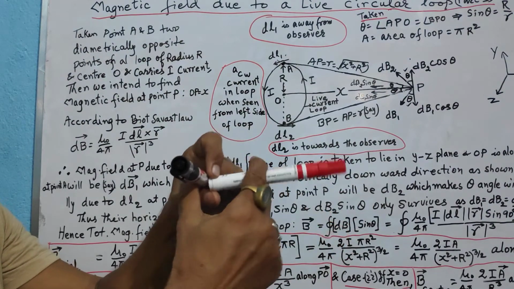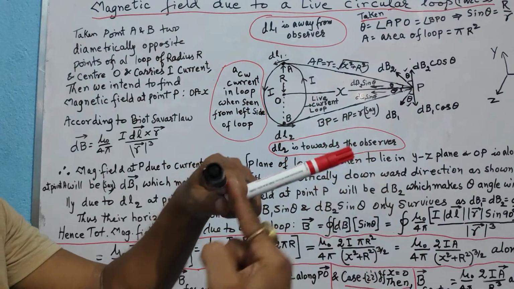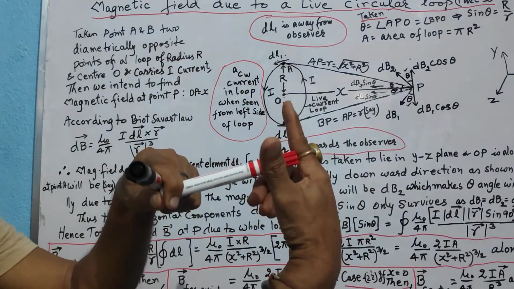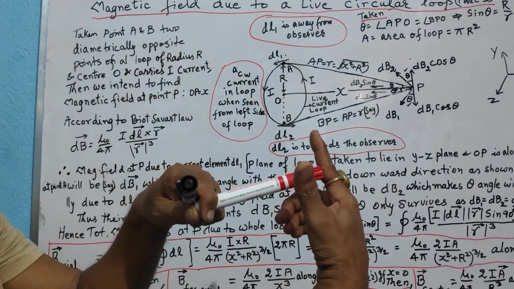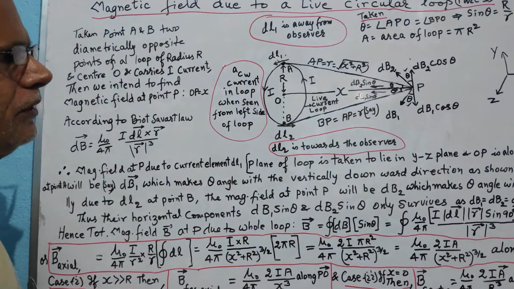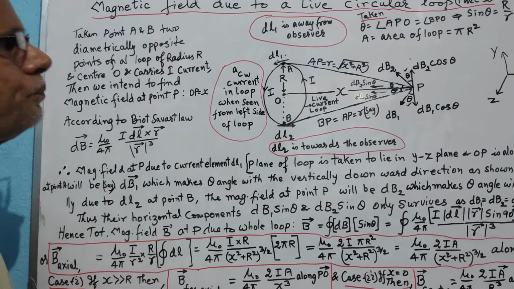So that means you have a magnetic field perpendicular to the plane containing dl and r. So you have the direction of magnetic field dB2 as shown in the figure. Now from the figure, it is obvious. Once you have understood, if you have any problem, try it once again yourself.